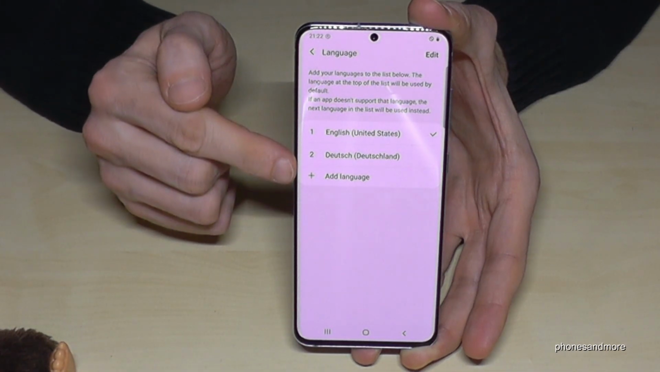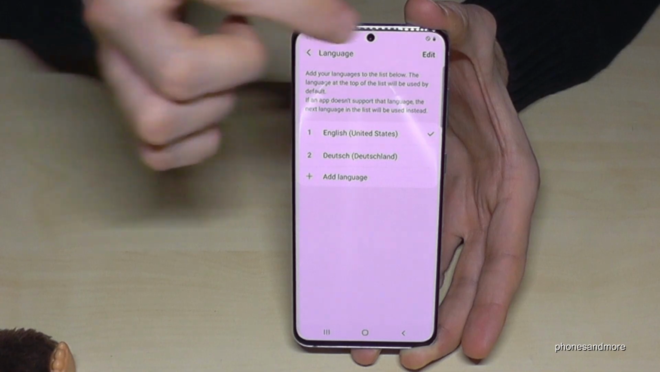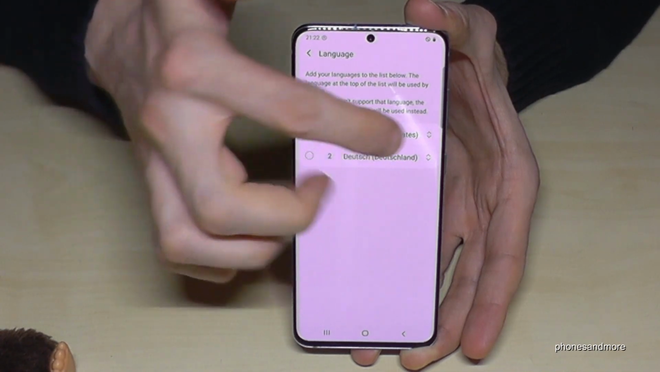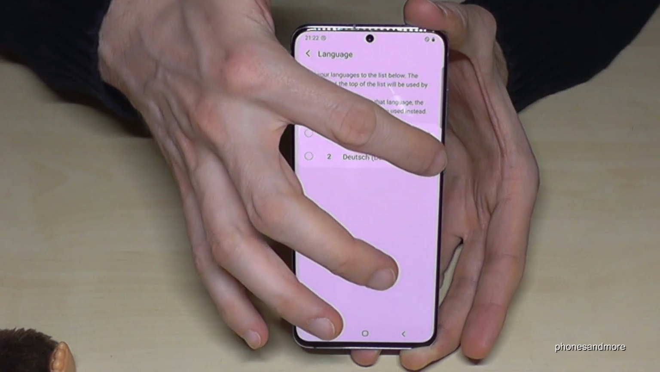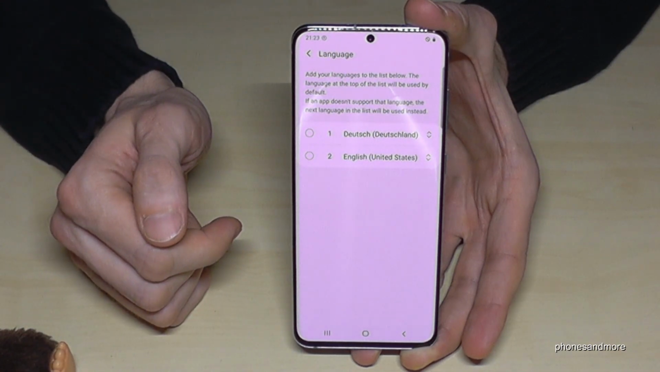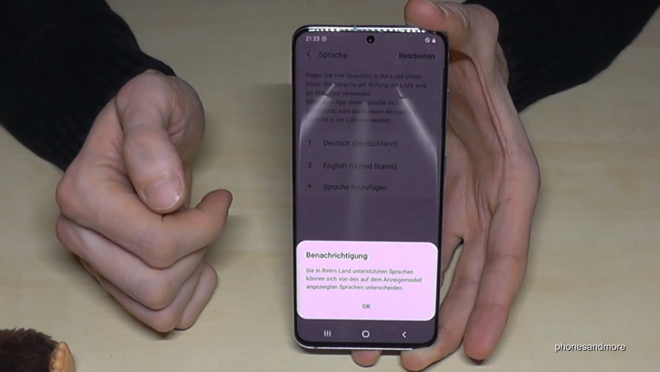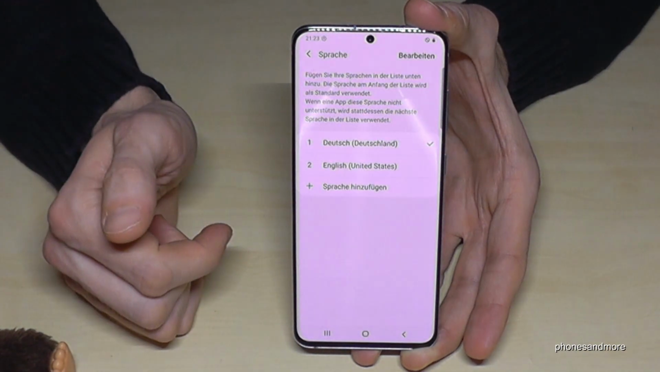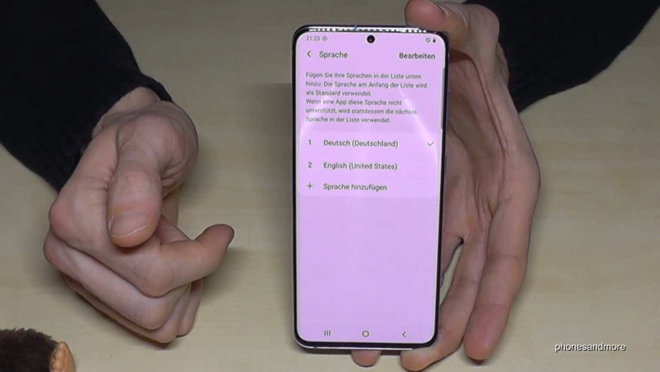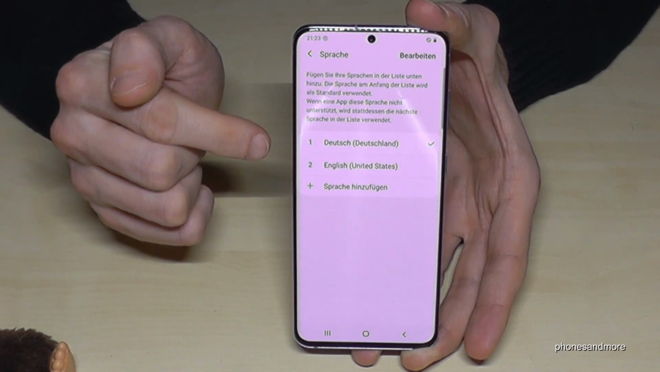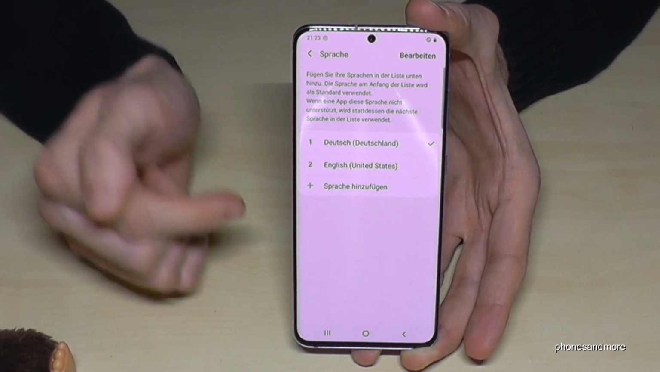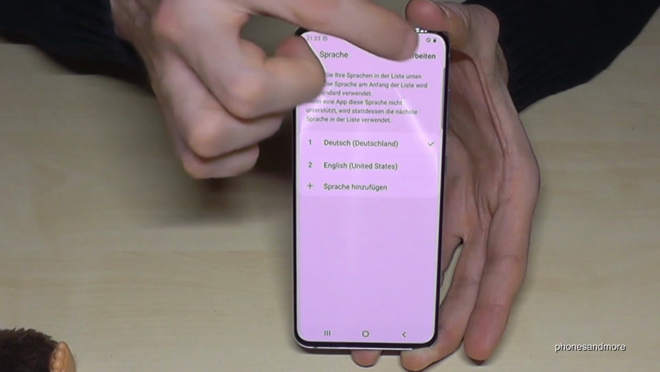If your language is already in that list, just go here to edit and move your language to the first position. After that, go back, tap here on OK again, and everything is in German now. Okay, let me change it again to the English language here,